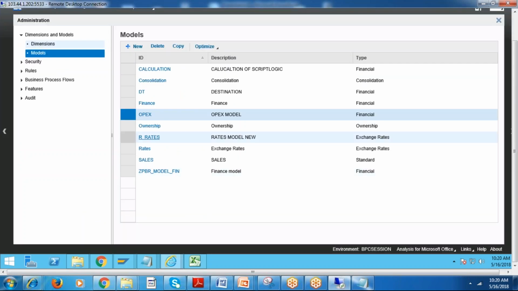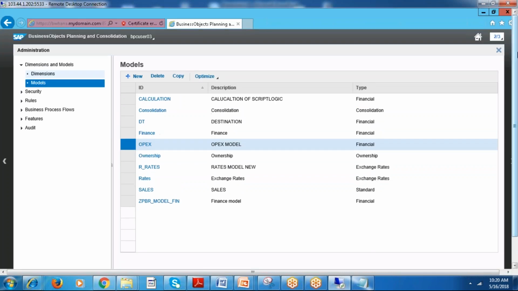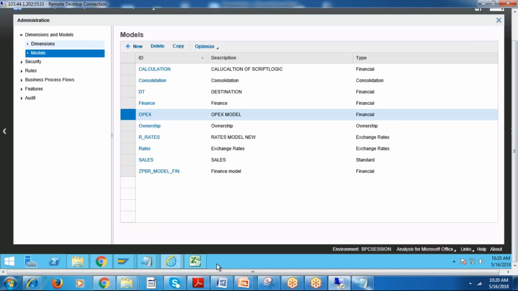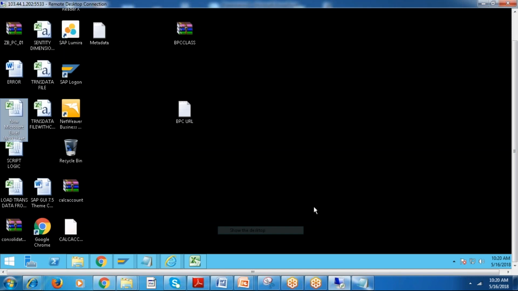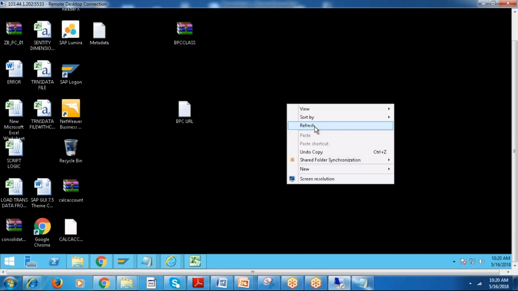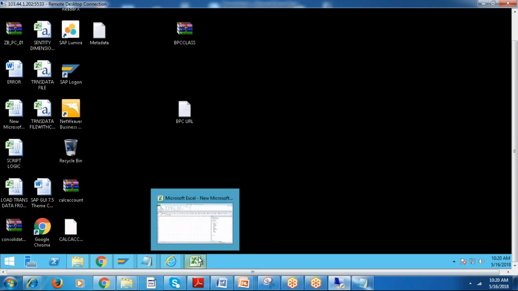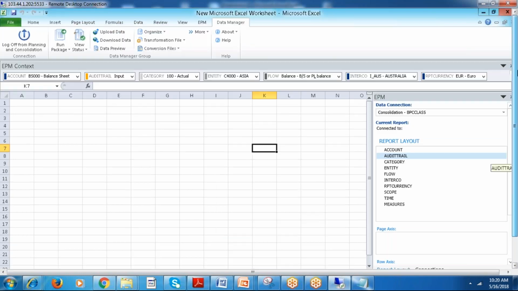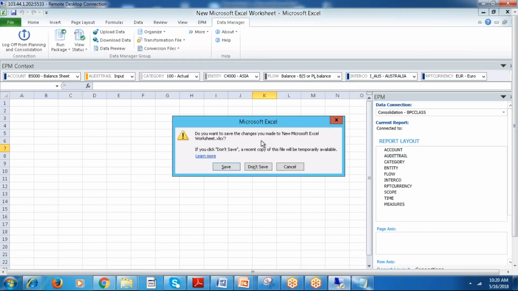We have created the model. Now we can connect this model to EPM Office. How do we connect this model? Let us open the spreadsheet, the Excel sheet. Let me close all this.